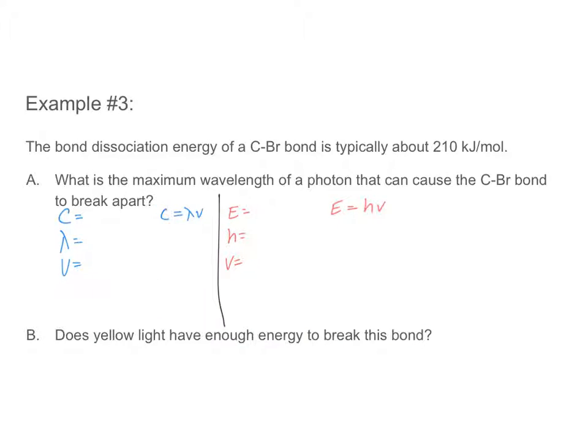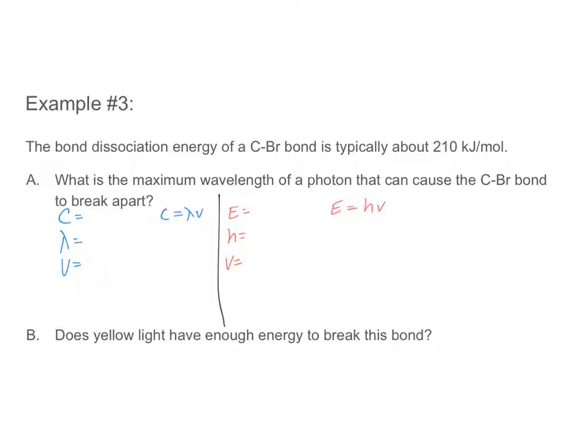So how this relates to bond dissociation energy, some things that we need to keep in mind is, first of all, we are given a value in kilojoules per mole, and that's going to be something that's going to be important for us in a little bit. But in order to figure out the answer to the problem, it says, what is the maximum wavelength of a photon that can cause a carbon-bromide bond to break apart if the bond dissociation energy is 210 kilojoules per mole? So what I'm going to do is I'm going to convert that 210 kilojoules per mole into something more usable,